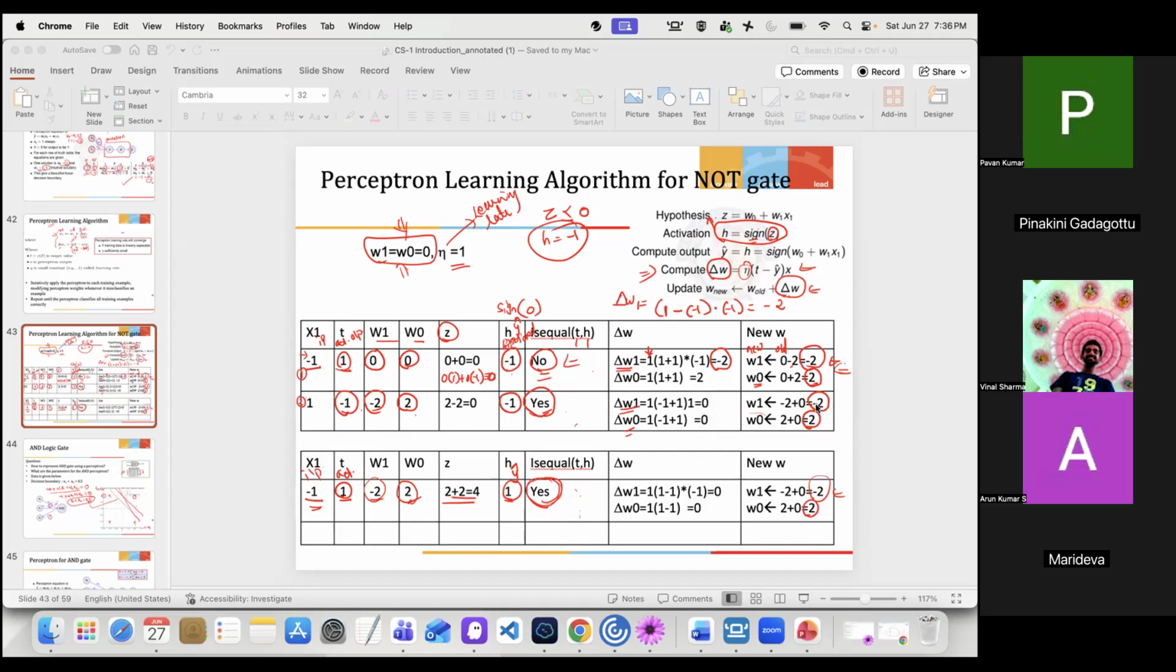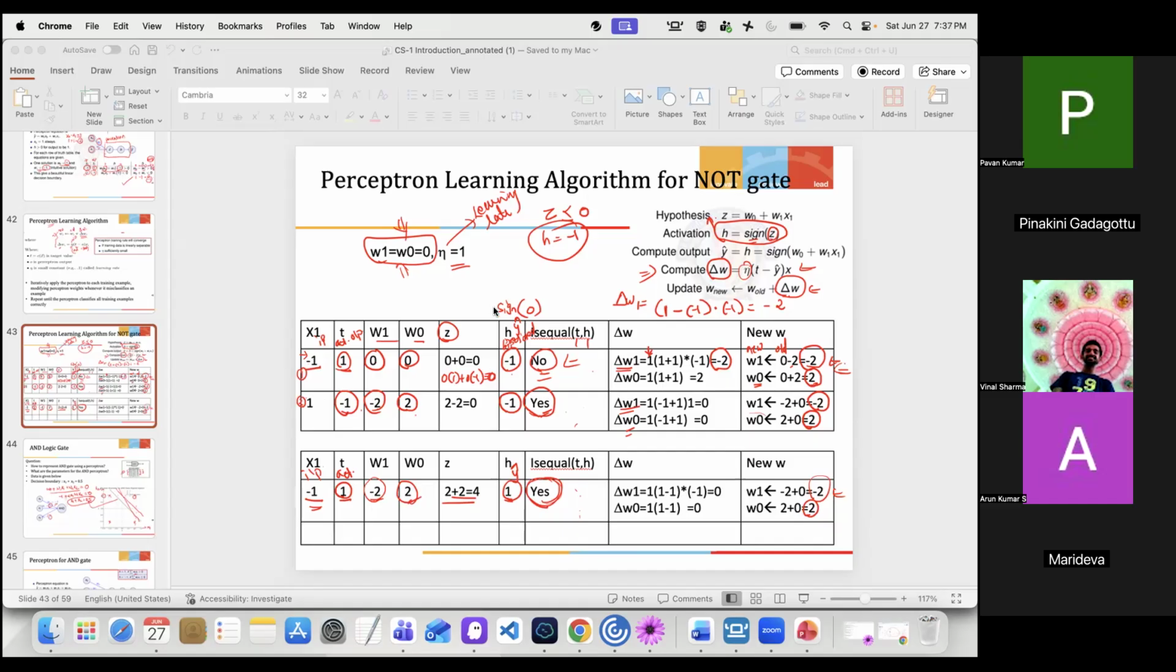Now you check whether this -2 and 2 will work for x1 as -1 also, because it worked for 1. You check with that new weight -2 and 2, and once you calculate, you will get the output as 1. So when you input -1, you will get the output as 1. So that is fine. Here also no delta. Delta is 0, so no update to the weight. So when this weight is -2 and the bias is 2, your perceptron will work as a NOT gate,